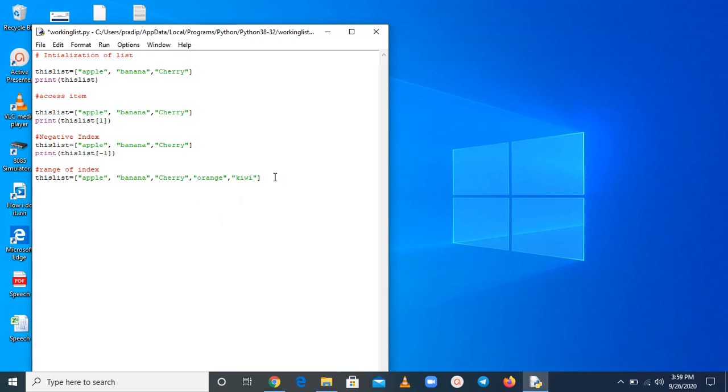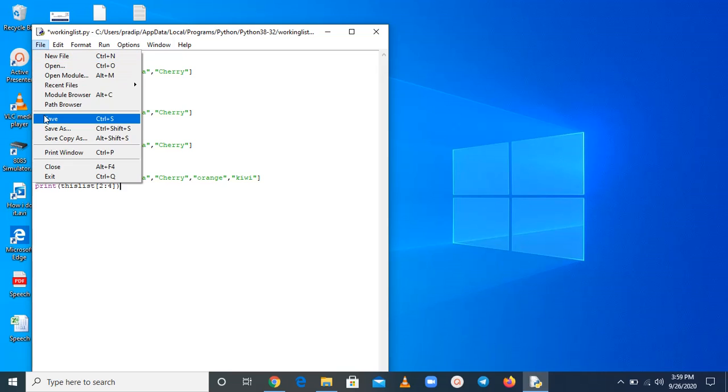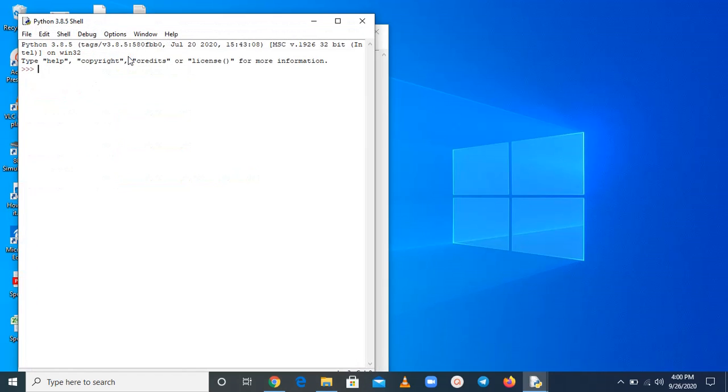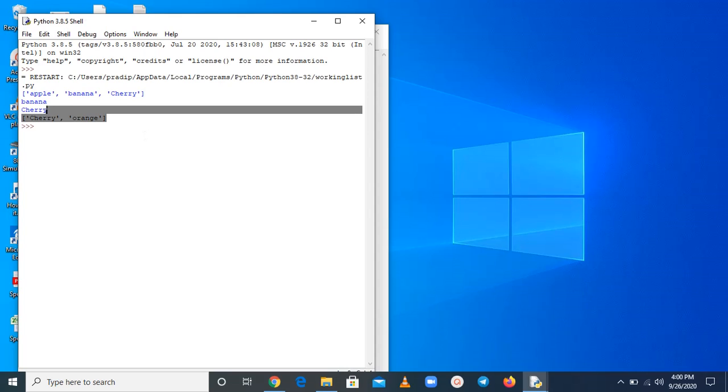And talking about range, here you can pass print and this list, and just pass index 2:4 and check what we get. So, here you can see cherry and orange.